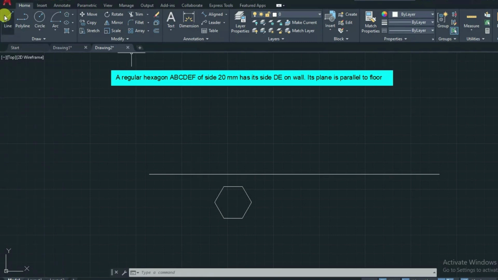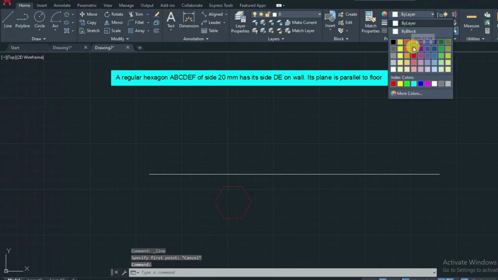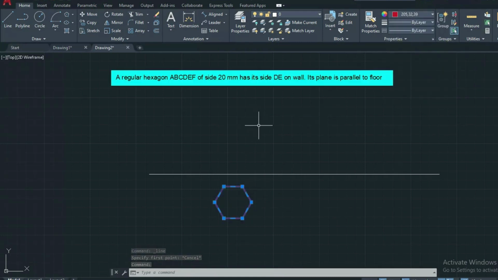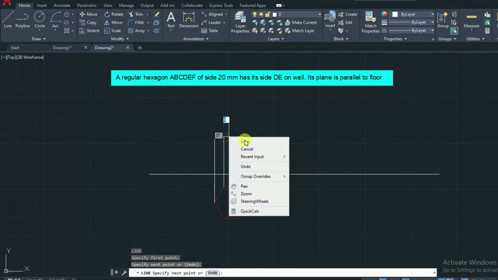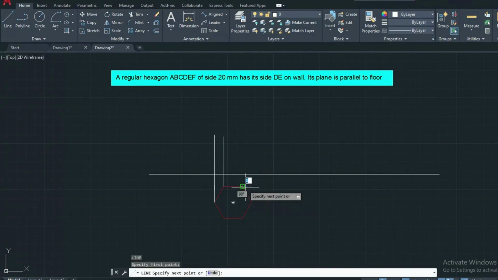From all the corners, similarly, to differentiate you can use color over here. From all the corners you can draw the vertical line. Both ends come on the same line, and similarly this end will come on the straight line.